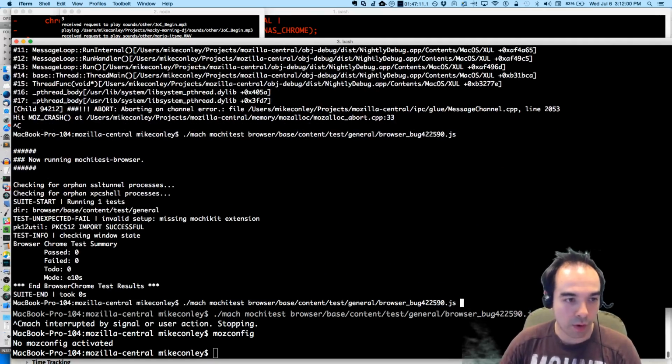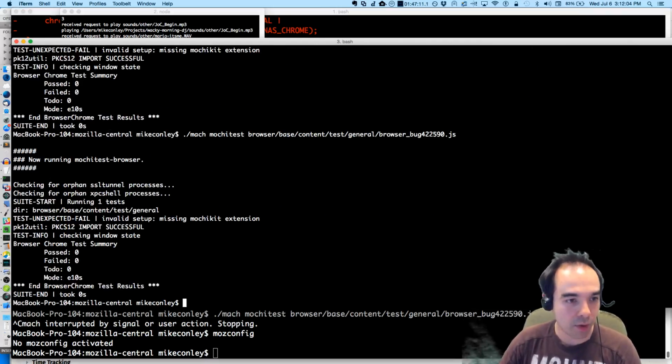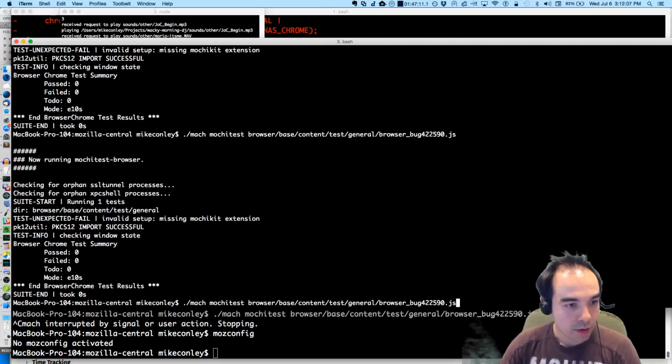And then I'll know what the problem had been, which was that the presence flag. What are you talking about? Missing MokiKit extension.